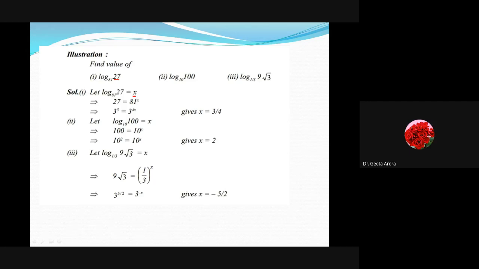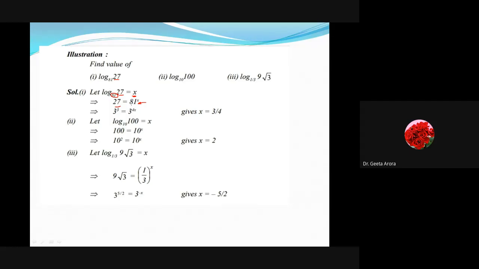We have to expect that it is a number x such that 81 raised to this power gives me 27. And if I ask what the number is, it is not possible that 81 raised to some whole number x gives me 27. It's not possible obviously because 27 is a smaller number, but yes, this power can be a fraction also, and then it is possible. If we take x as 1, obviously it becomes 81, which is very high as compared to 27. So this number can be any real number.